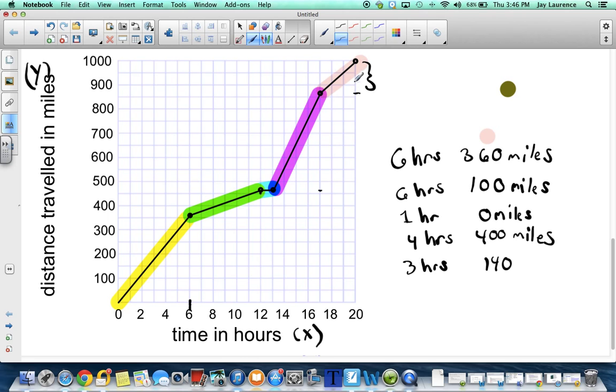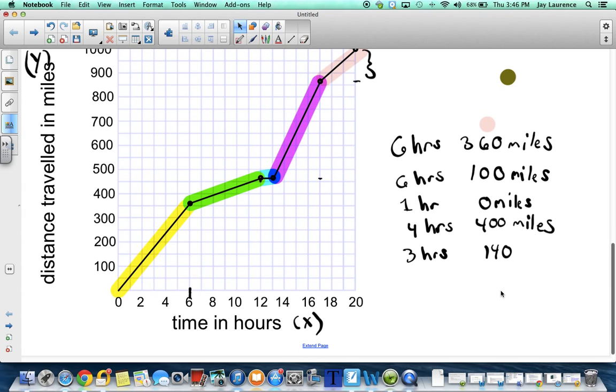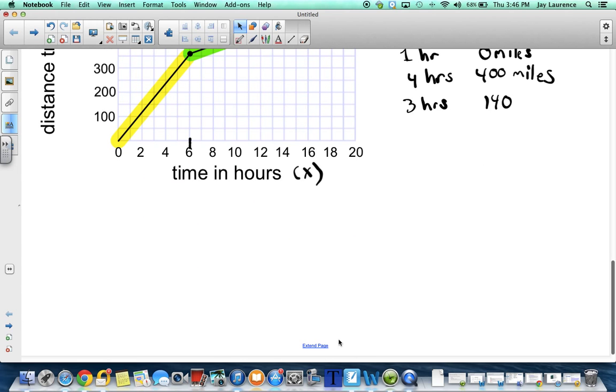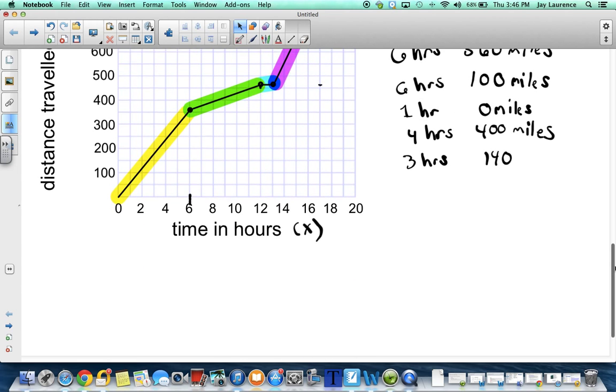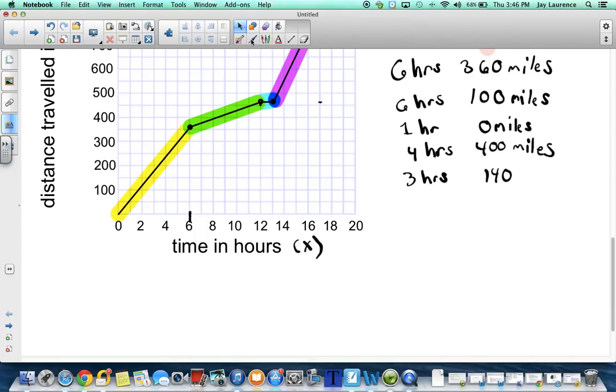Now, I'm going to break this up into some time intervals. Let's suppose the family started their trip at 9 p.m. They decided to drive through the night. It was a long night. Okay, and so let's say from 0 to 6 hours, the family has gone 360 miles. Okay, from 6 to 12 hours,